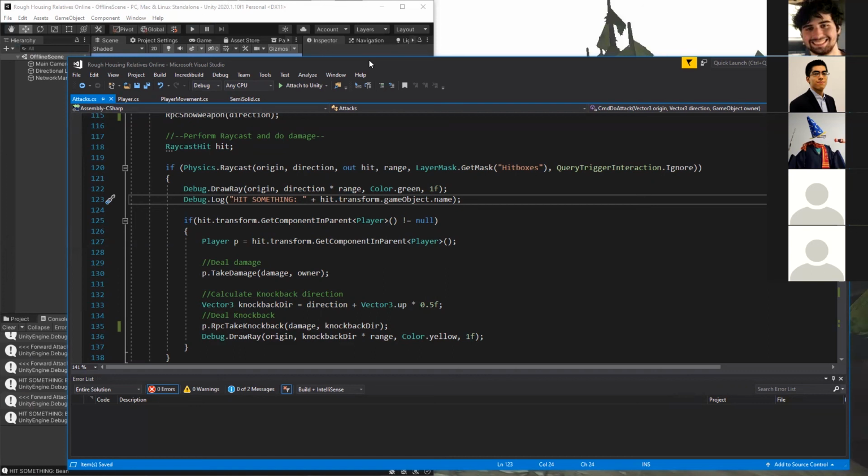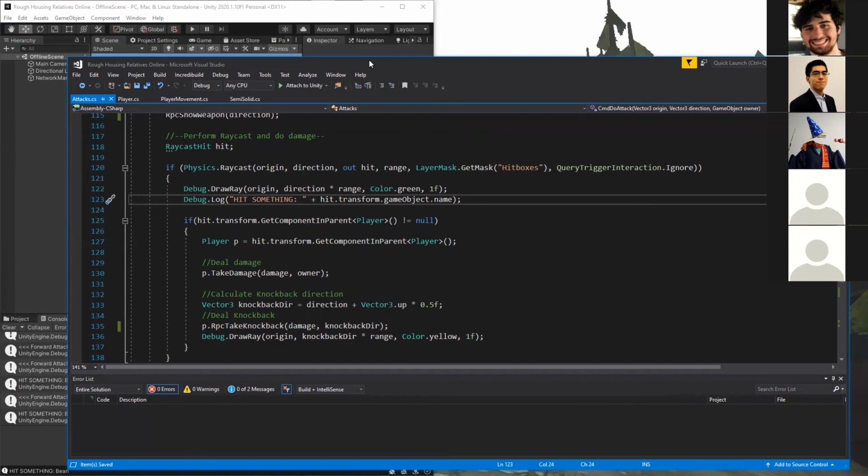Did you create the hitboxes layer? Maybe I misnamed it. It's case sensitive. So the B is lowercase. That would be it. It's hitboxes, not hitbox. Hey, there we go. Typos. Yeah, this is why I don't like working with layers, because things like that happen. And there's no way you're ever going to realize it.